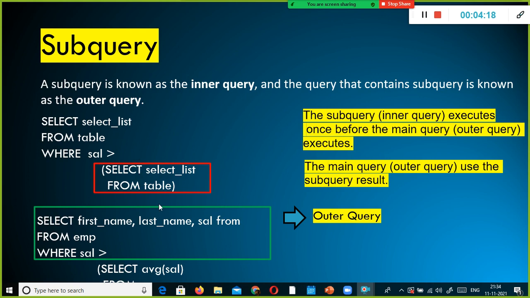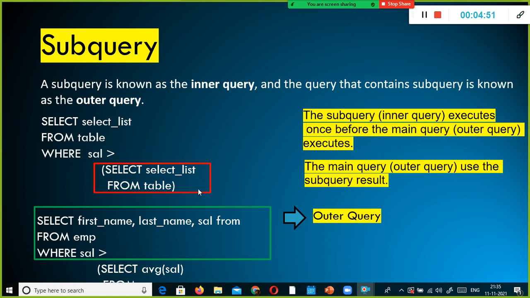For example, if I am selecting the average salary of the employees, that average salary will be plugged in here. Let's assume the average salary is 7,100. The 7,100 will be replaced here, so: where salary is greater than 7,100.